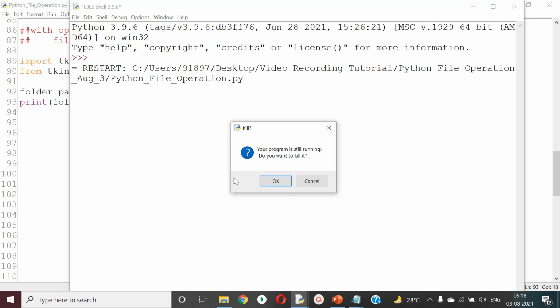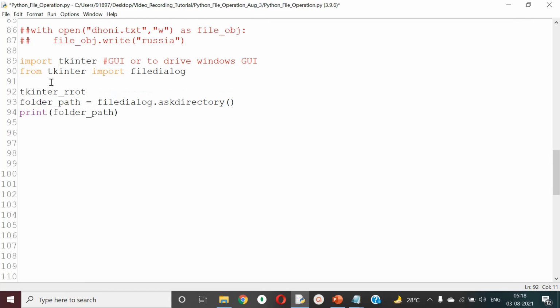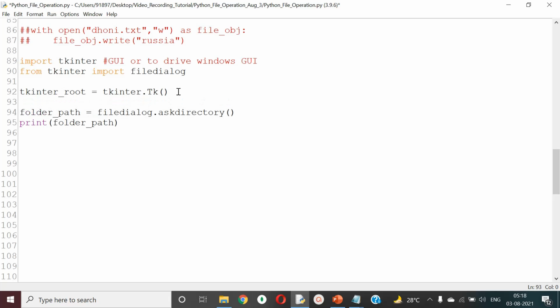So look at this. Let me create a variable, Tkinter root is equal to Tkinter dot Tk. T is in capital letter, K is in small letter. This Tk is that particular dialog box. So as soon as you drive my file dialog, I'm asking Tkinter to withdraw that small icon.